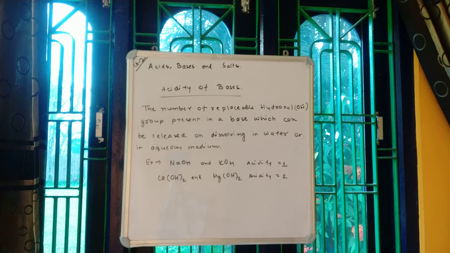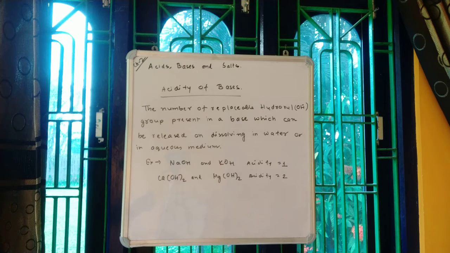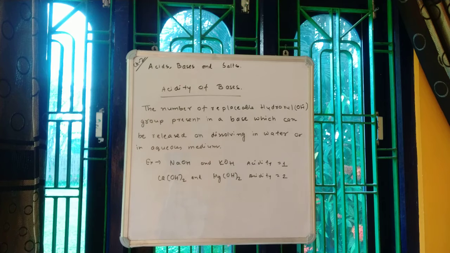So depending on our use in the laboratory, and in industrial uses as well, we have to make different concentrations of acids. That means from that concentrated solution we need to make a dilute solution. That is called the process of dilution. So in dilution, we add a certain amount of water to an acid. Actually it is the process of mixing water with acid, but there is a thing.